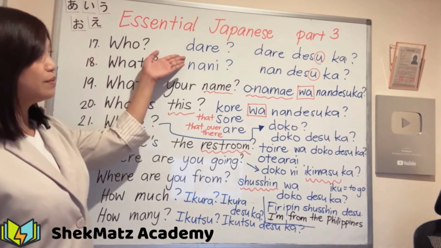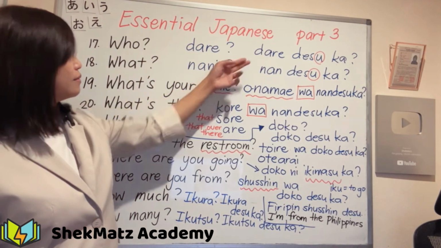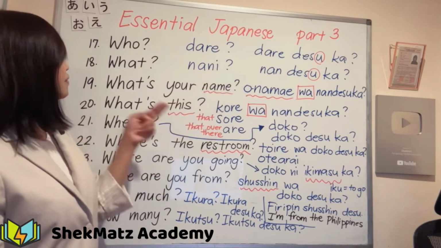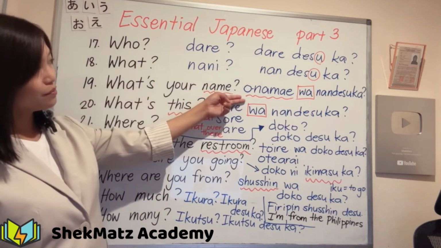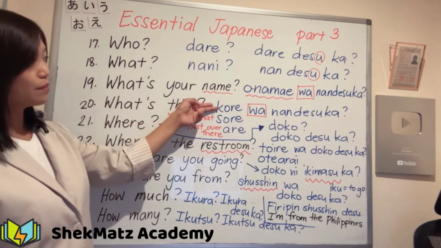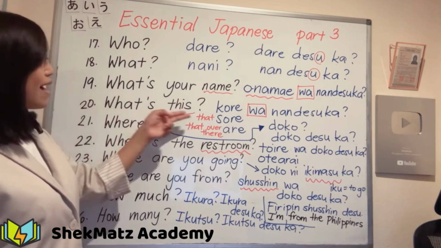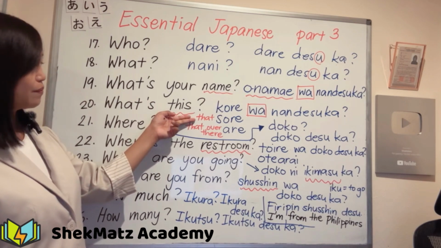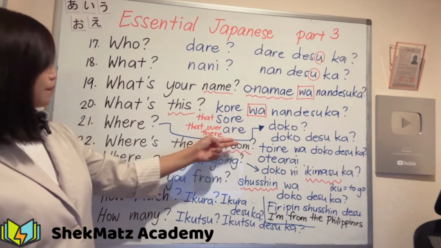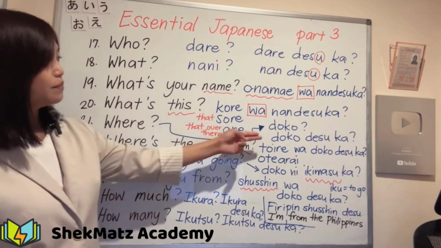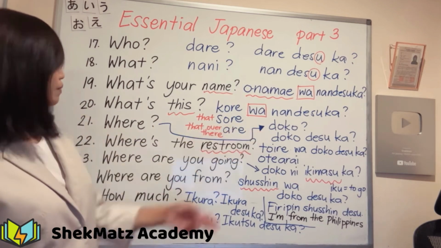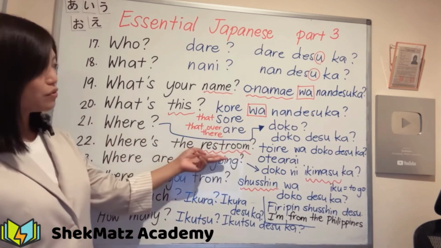Who? 誰ですか？ What? 何ですか？ What's your name? お名前は何ですか？ What's this? これは何ですか？ What's that? それは何ですか？ What's that over there? あれは何ですか？ Where? どこですか？